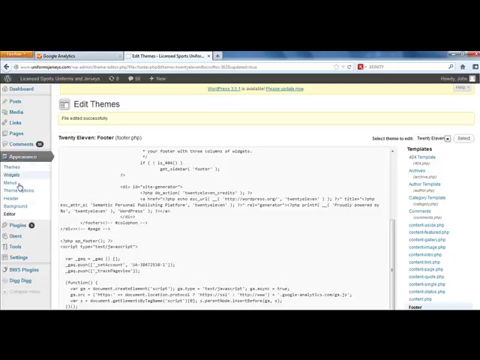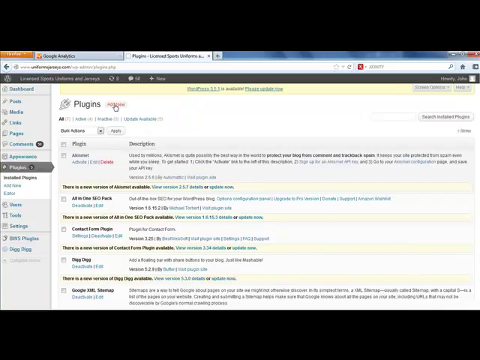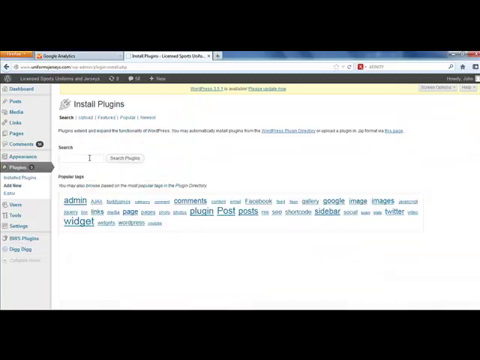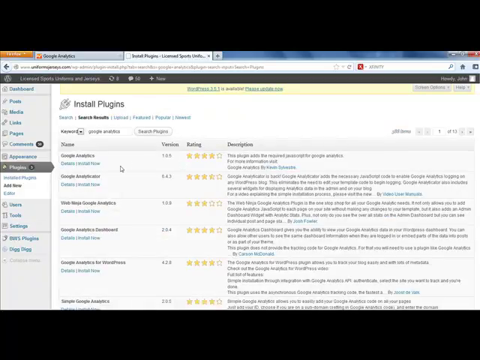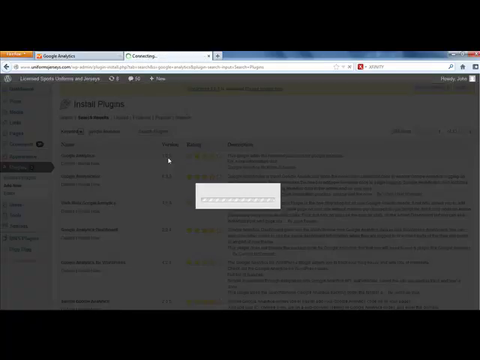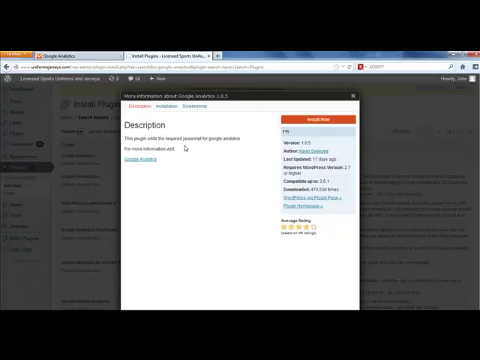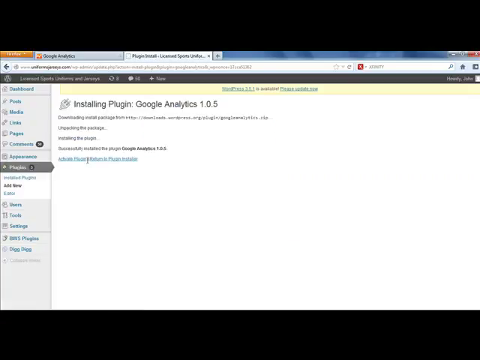You can also, within WordPress, install a plugin. So if you go here to where it says plugins and choose add new plugin, we can type in Google Analytics and search plugins, and there should be a few plugin options you can choose. So here's one, Google Analytics plugin. Choose details. You can get a little more input on that. You can see the average rankings, and just choose install now,